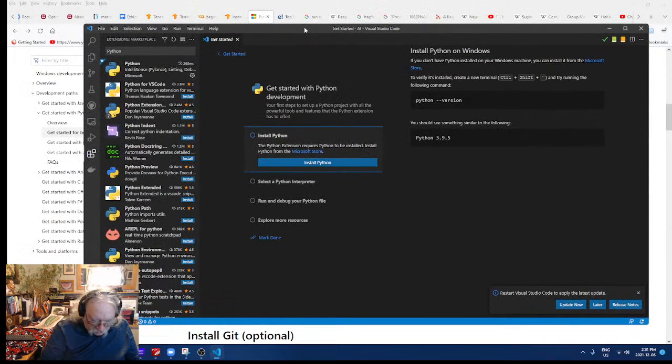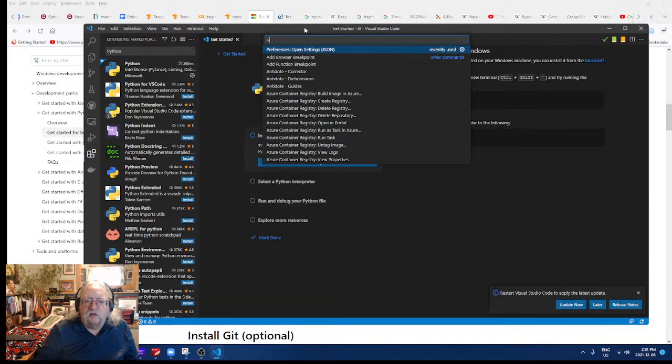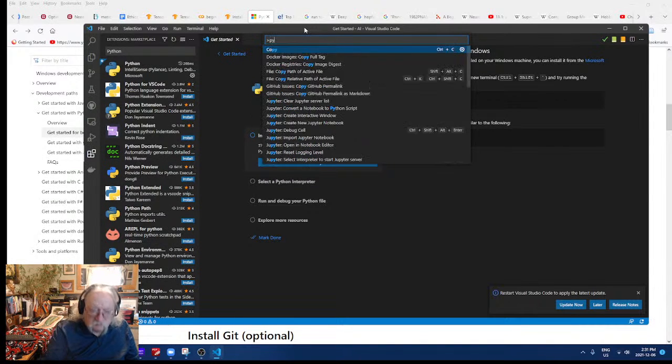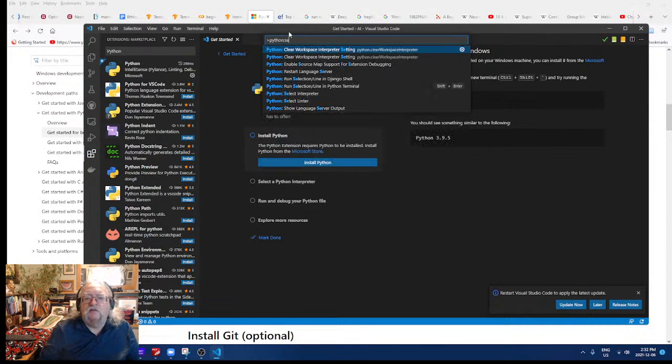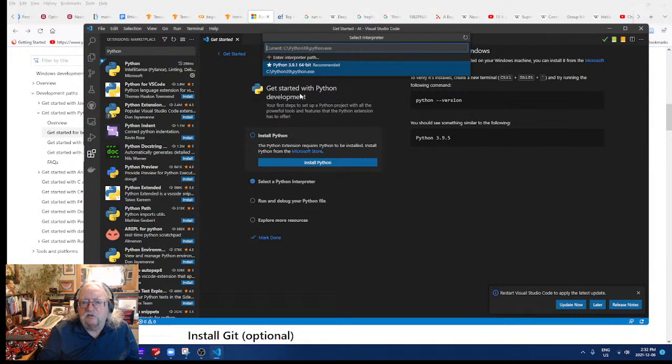Okay, so Control-Shift-P, Python select interpreter. There it is. All right. And 3.9.1 64-bit. I'm pretty sure that's the Python we have. So let's go with that.